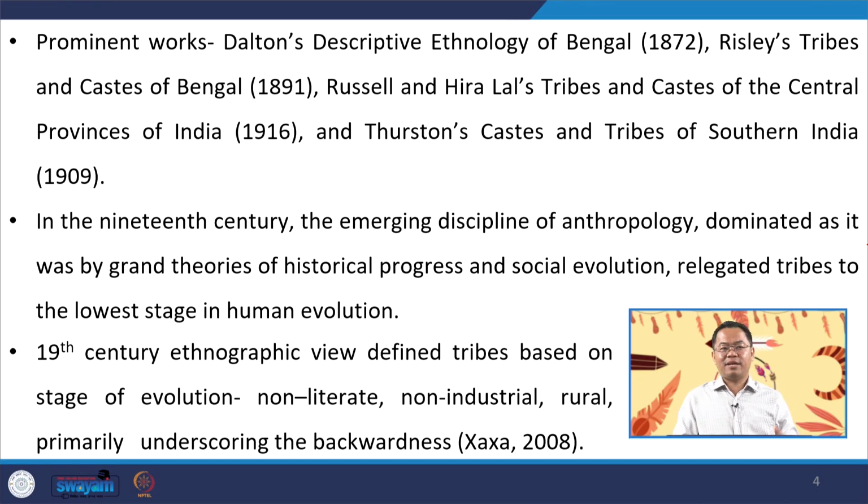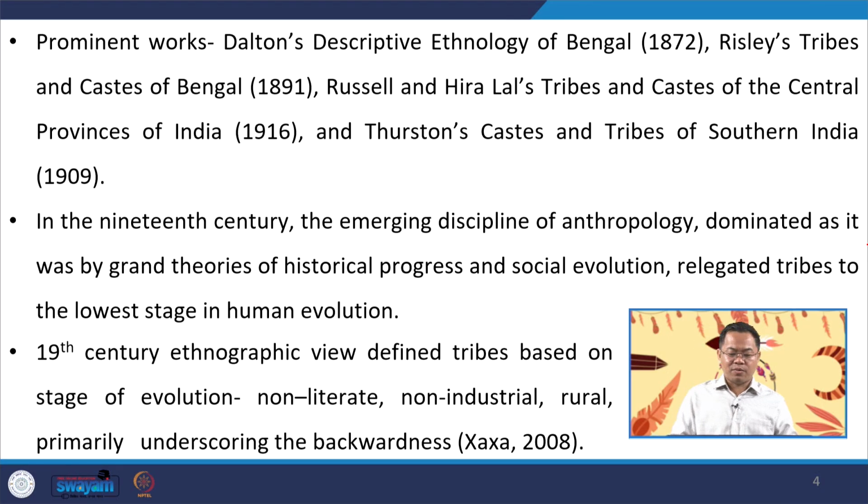All of us know that in a big way, the role of colonialism or the colonial state contributed to the emergence of disciplines such as anthropology. Now, in India as well, it was primarily the colonial agents, whether they are the missionaries, the administrators or the travelers, who were among the first to have really written about tribes. Even today, to study any tribal communities, whether we like it or not, whether we agree with what has been written about them by the Britishers, we have to go back to these colonial monographs.